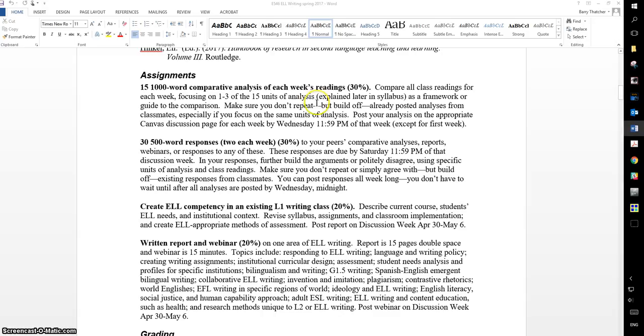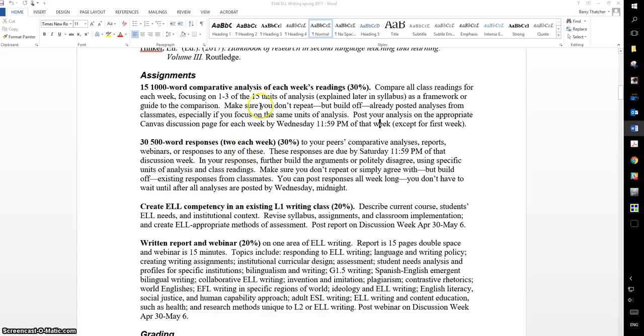You will post this 1,000-word comparative analysis by Wednesday of each week, and that's except for the first week. And each of those 1,000-word analyses is worth 20 points. In addition, each week you will post 2 500-word responses to your peers' comparative analysis or their responses, and these responses are due by Saturday 11:59, basically Saturday midnight of that week, and this is worth 30% of your grade, and it's worth 10 points each. And so each week you will have 40 points possible for